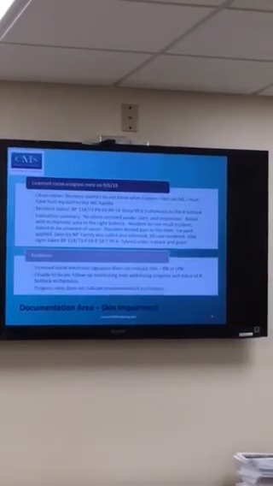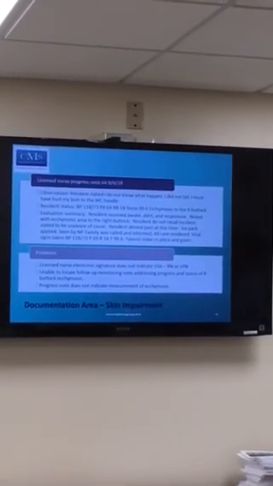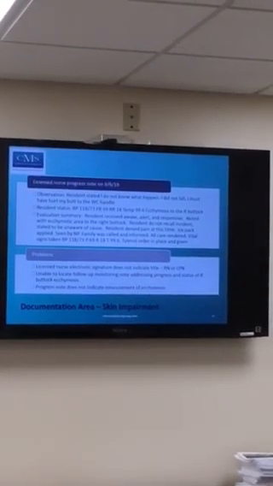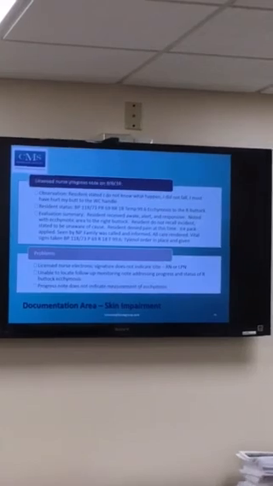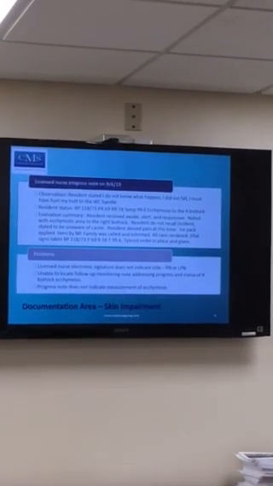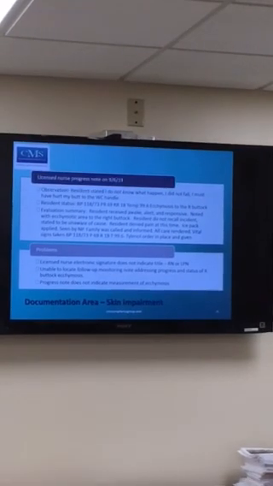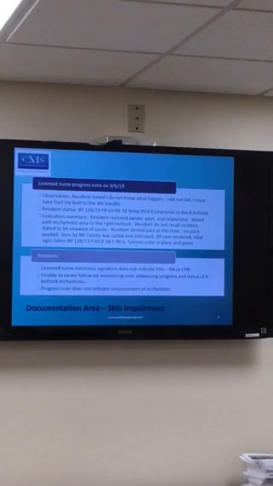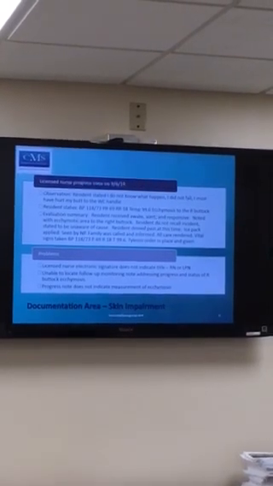Okay, another observation is the resident stated, I don't know what happened, I did not fall, I must have hurt my butt on the wheelchair handle. Resident was observed with ecchymosis to the right buttock. And in here, again, it was signed off by a nurse. I could not determine